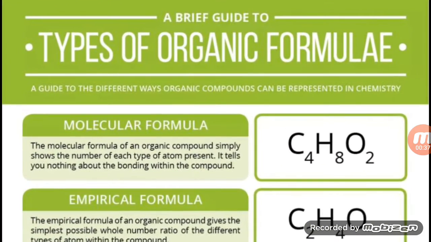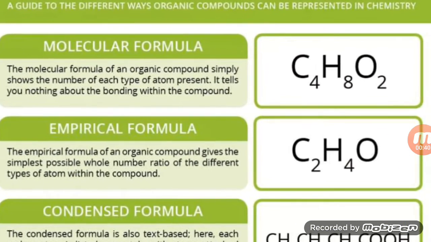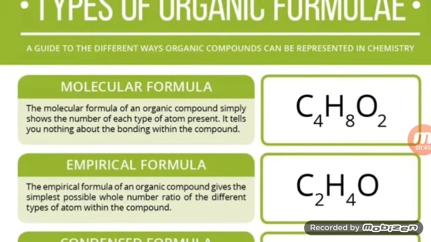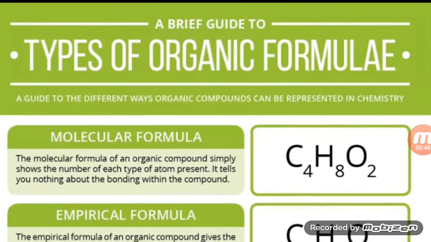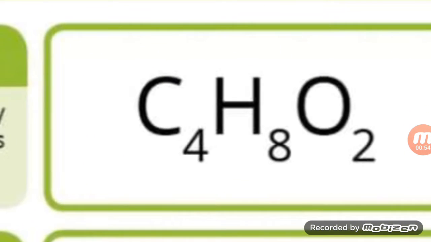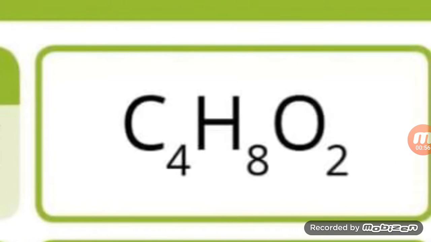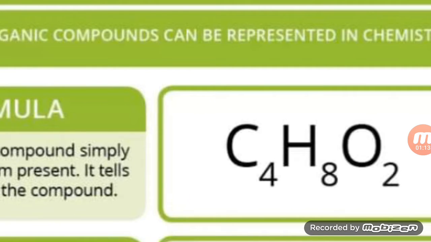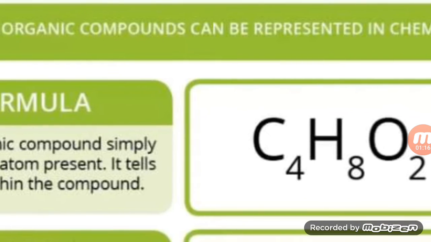Let's have a look. Number one is molecular formula. Molecular formula, as it is indicated in the picture, gives complete information about the number of atoms that are present in a molecule. It does not explain how many bonds there are, or what kind of orientation it has. It is just simply telling you that there is a compound which has 4 carbon, 8 hydrogen and 2 oxygens. So this is a formula which completely tells us about the atoms that are present, like 4 carbon, 8 hydrogen and 2 oxygen.